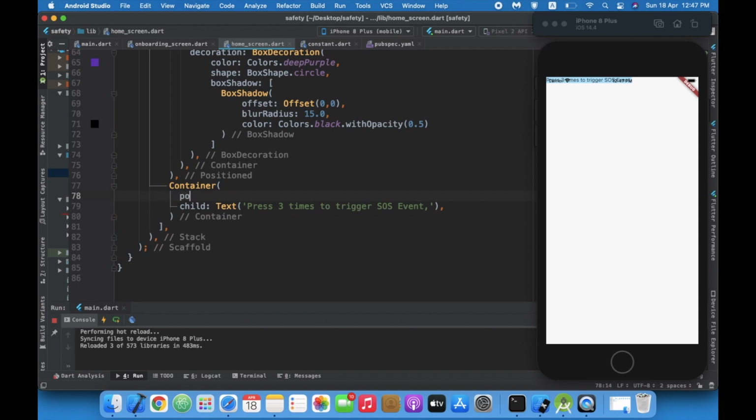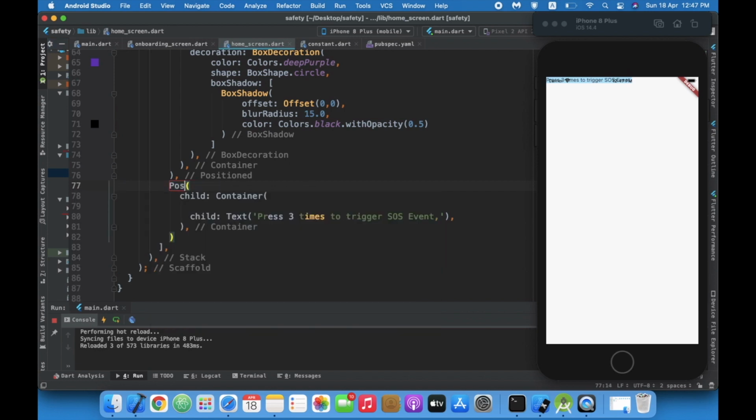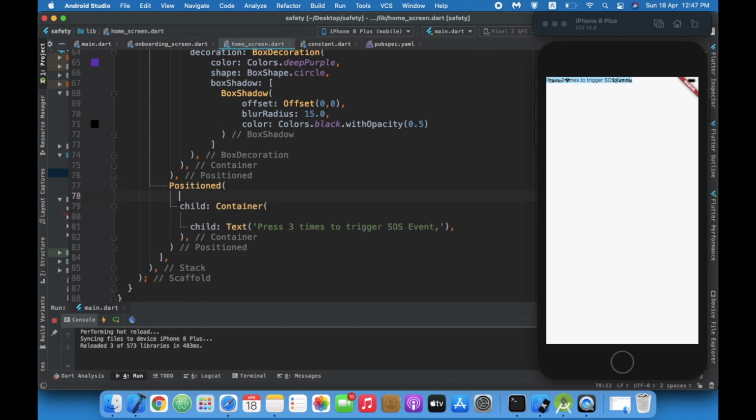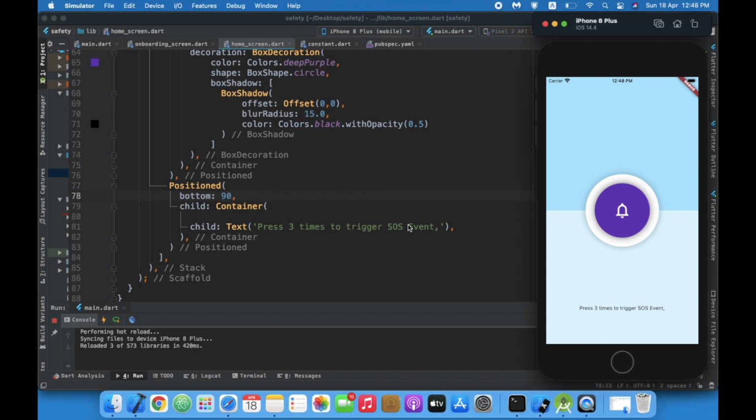Okay, I'll wrap this container into positioned widget. Position, I'll write bottom. So from bottom I want 90. Okay, so from bottom I want this to be 90. It's aligned in the center. That's great.